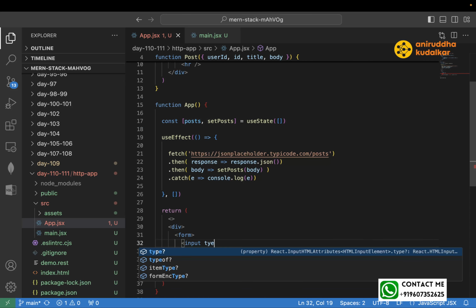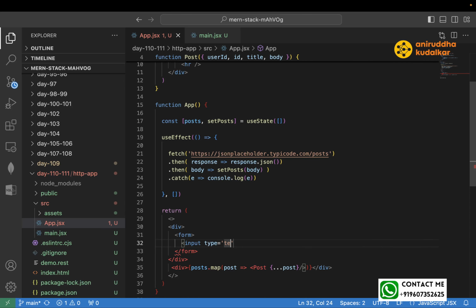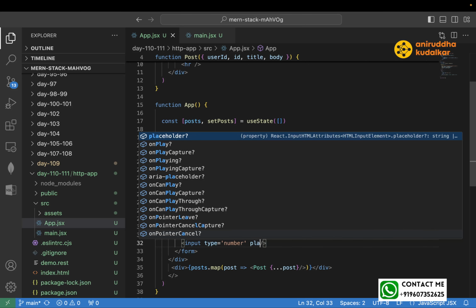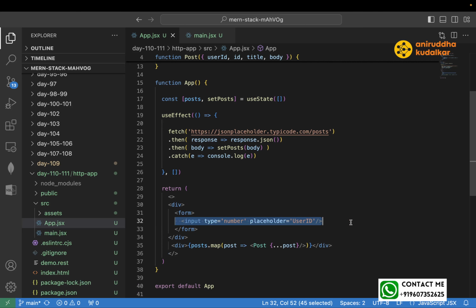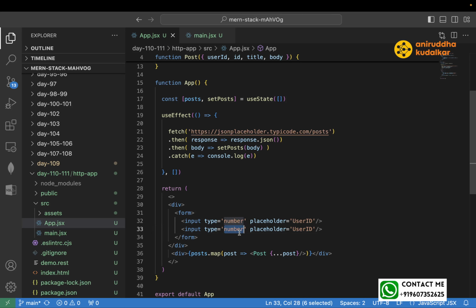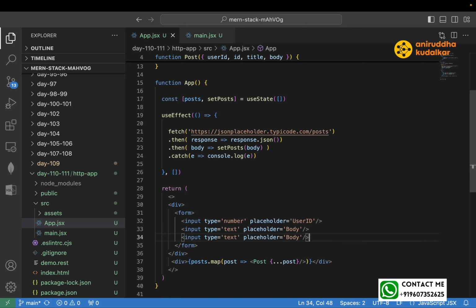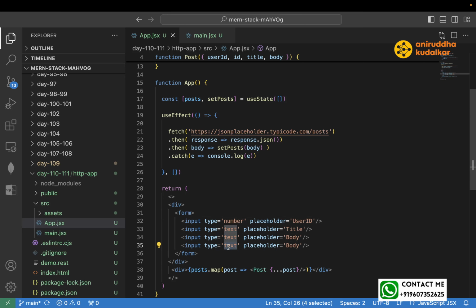Input type text or number. Placeholder, we can say user ID. This is for which user? Input type text. Here we can say body, and here we can say title, body, and there is input type button,